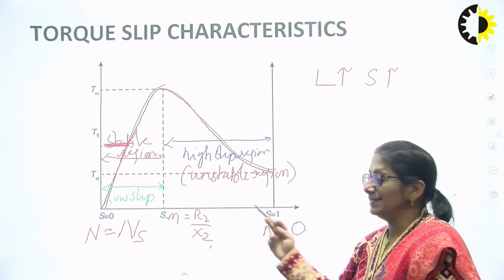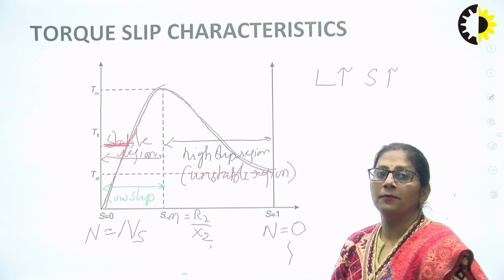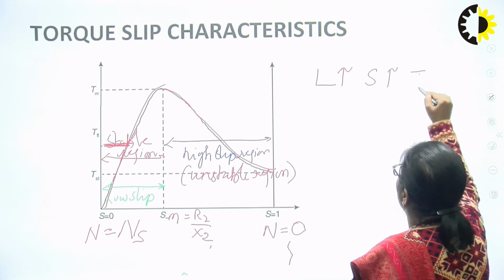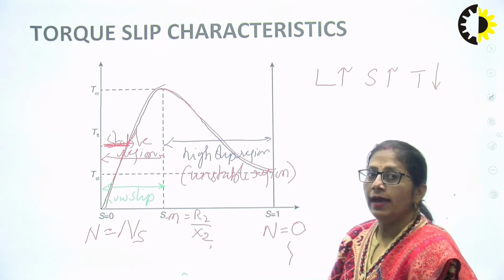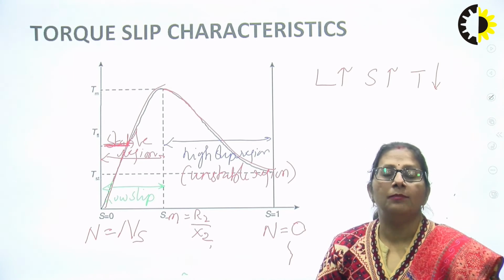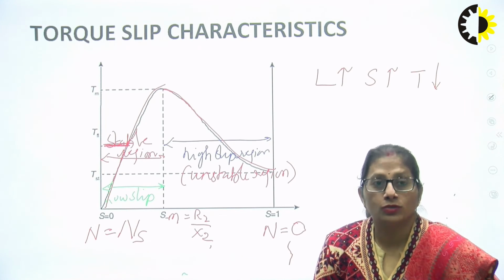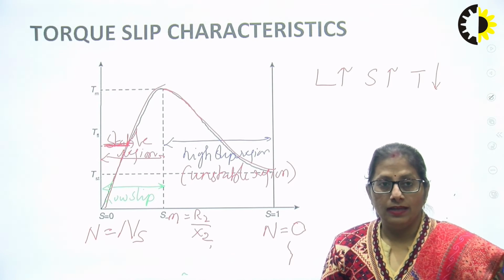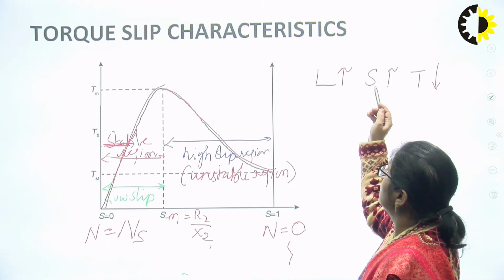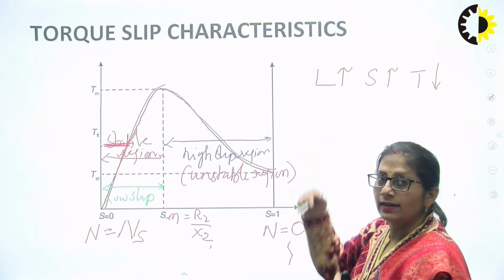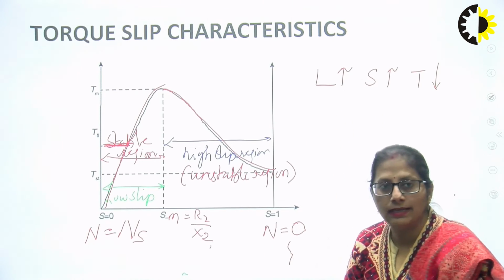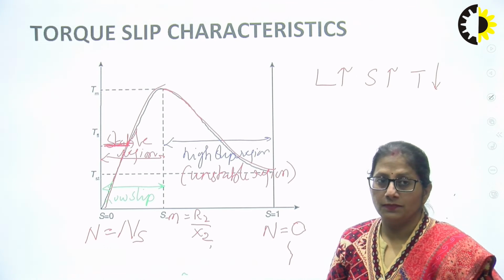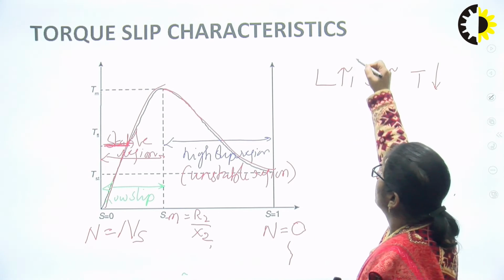With the increase in the slip, what is going to happen with the torque? The torque is decreasing according to the nature. But what should actually happen? If the load is increasing, the motor should produce even more torque to cope up with the new load demand, right? So what will happen? The torque which is required by the increased load has not been produced by the motor, but it is decreasing. If that is so, the motor will feel even more loaded, right? It will feel more loaded.